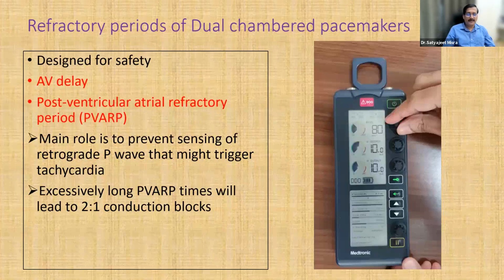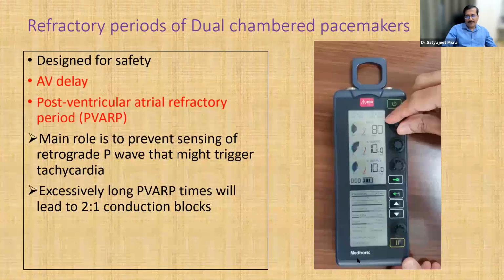So it will set off a loop tachycardia-like syndrome. So you have to prevent that. And the important caveat is, if you set an excessively long post-ventricular atrial refractory period, it will lead to conduction blocks. If you set too short a period, it will lead to tachycardia. If you set an excessively long period, it will lead to